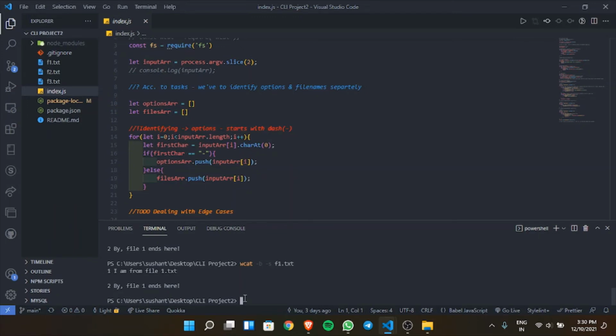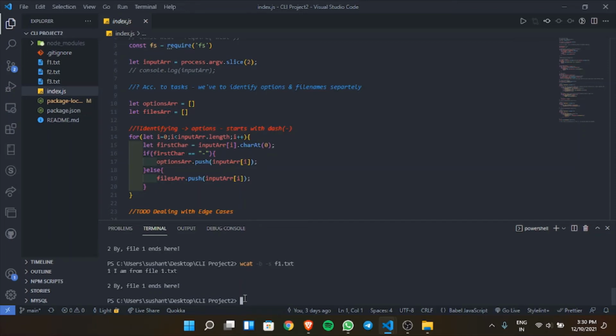Okay, so now let's move forward to the next command, which is wcat file path. If we want to copy our data to another file, and if the file does not exist, it will first create the file and then copy the content of one file to another.